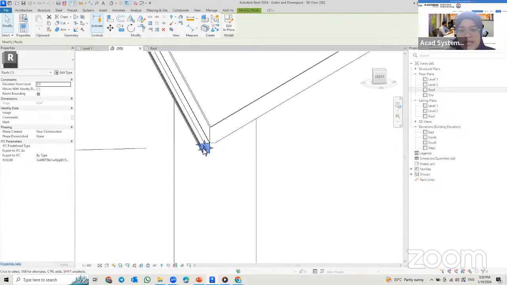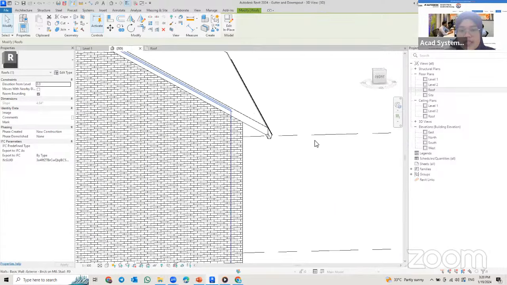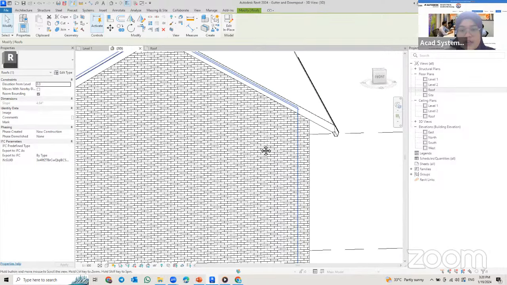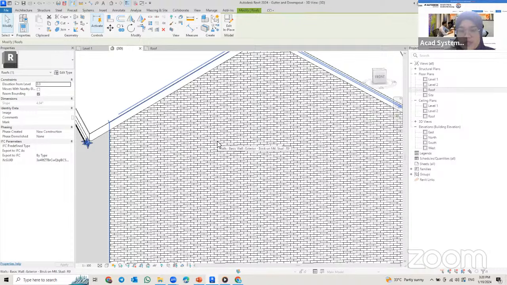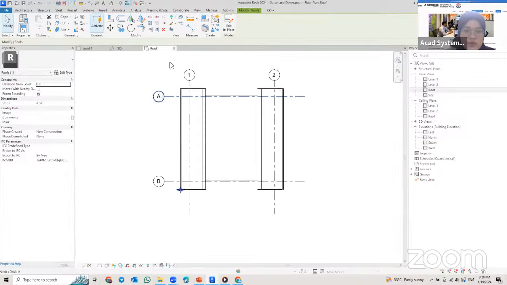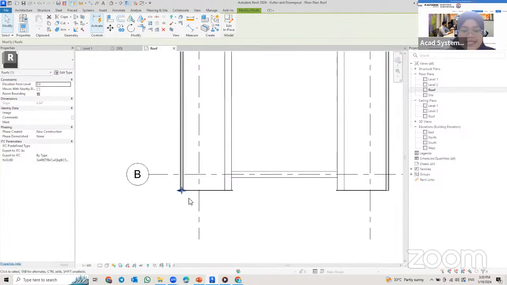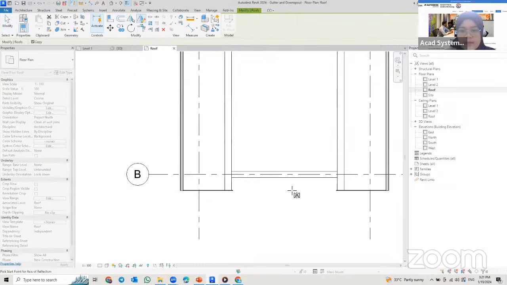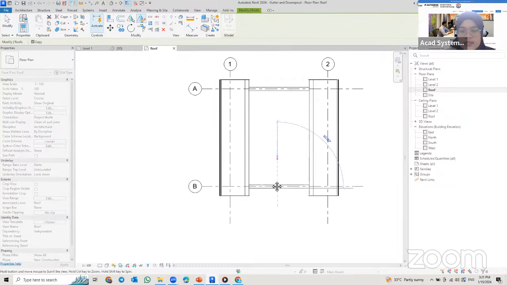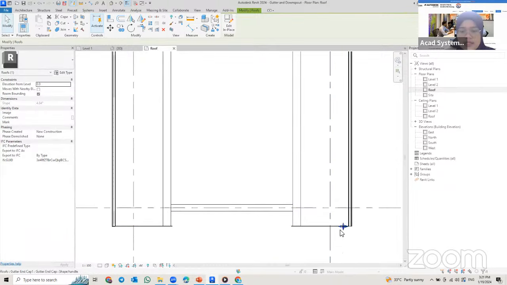Okay, so to apply to each of the end of the gutter at this side, I don't need to draw it again. I don't need to create the model again. I will just mirror and copy the end cap. So I go back to roof floor plan here, and while it's still selecting the end cap, I'm just going to hover to the mirror command here and mirror it to the other side. Okay, like this, and then mirror to this side. You can see it's